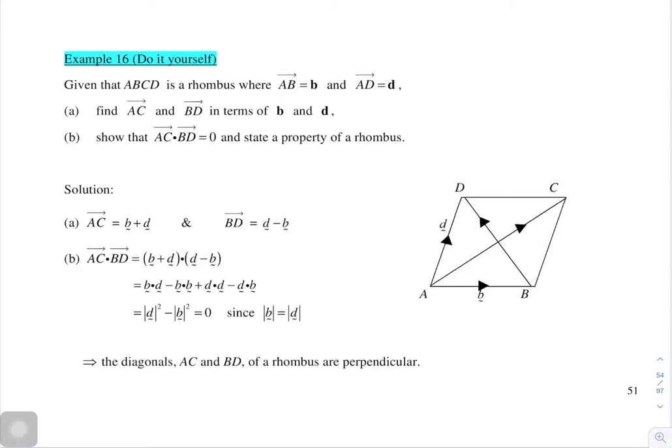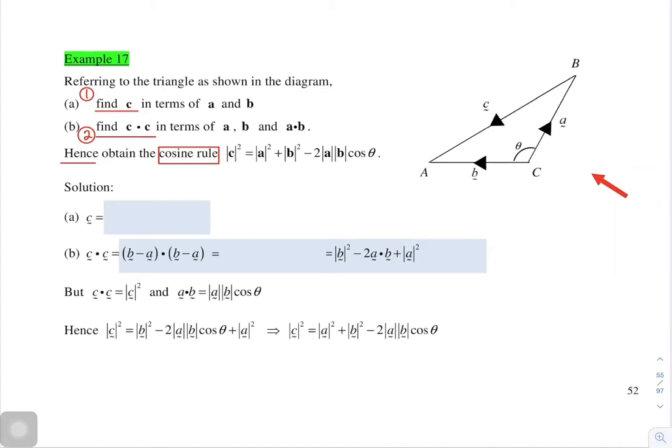Alright, I will leave example 16 for you to do yourself. Let's take a look at example 17. Now in example 17, you are given a diagram, a triangle ABC with the vectors BA defined as C, CB defined as A, and CA defined as B. In part A, you're supposed to find C in terms of A, B. Part B, you're supposed to find the dot product of C with itself in terms of A, B and A dot B. And then based on the results that you found in part A and part B, you're supposed to obtain